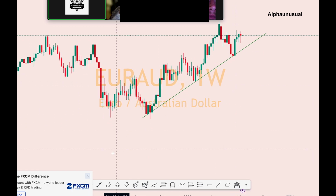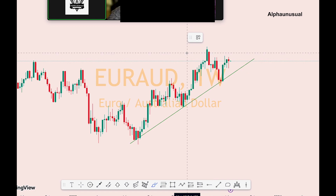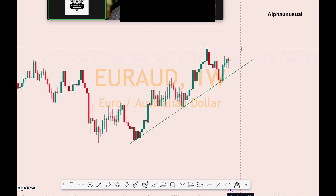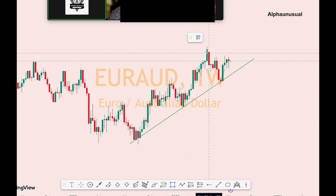It's looking very bullish at the moment, only that price is yet to create a higher high, right? Let me show that to you guys. Over here is the last high, and price is yet to break above that high to create the new higher high to further confirm the bullish trend. But until that happens, it's safe to assume that price is still bullish and the trend is still in an